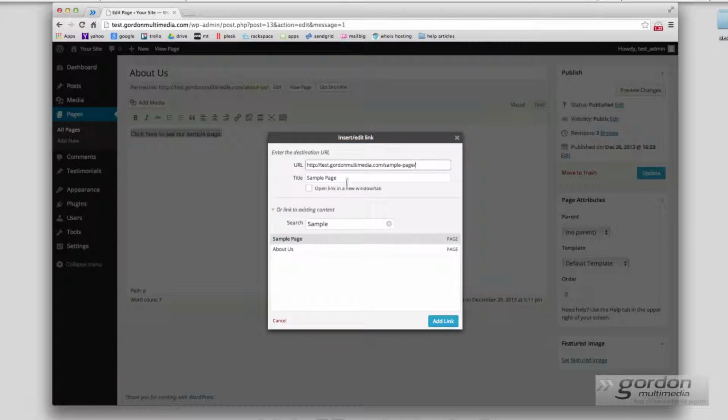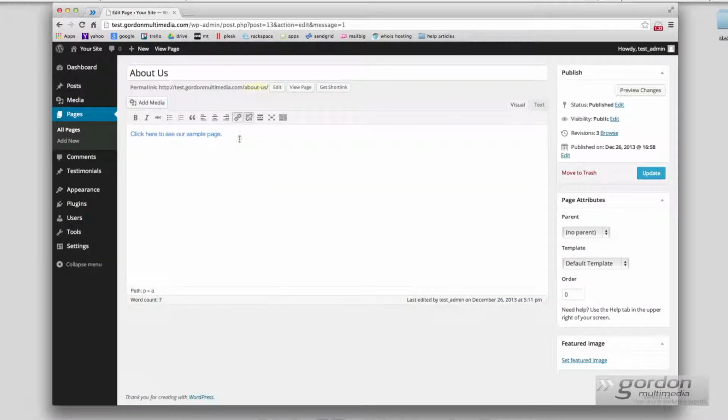And when we do that, we don't have to really worry about opening a new tab because there's no need to. You're still navigating within your site. So we don't want to make it more complicated than we have to with all these new tabs. So we're going to leave that unchecked, add link. As you can see, it highlights the text, update,